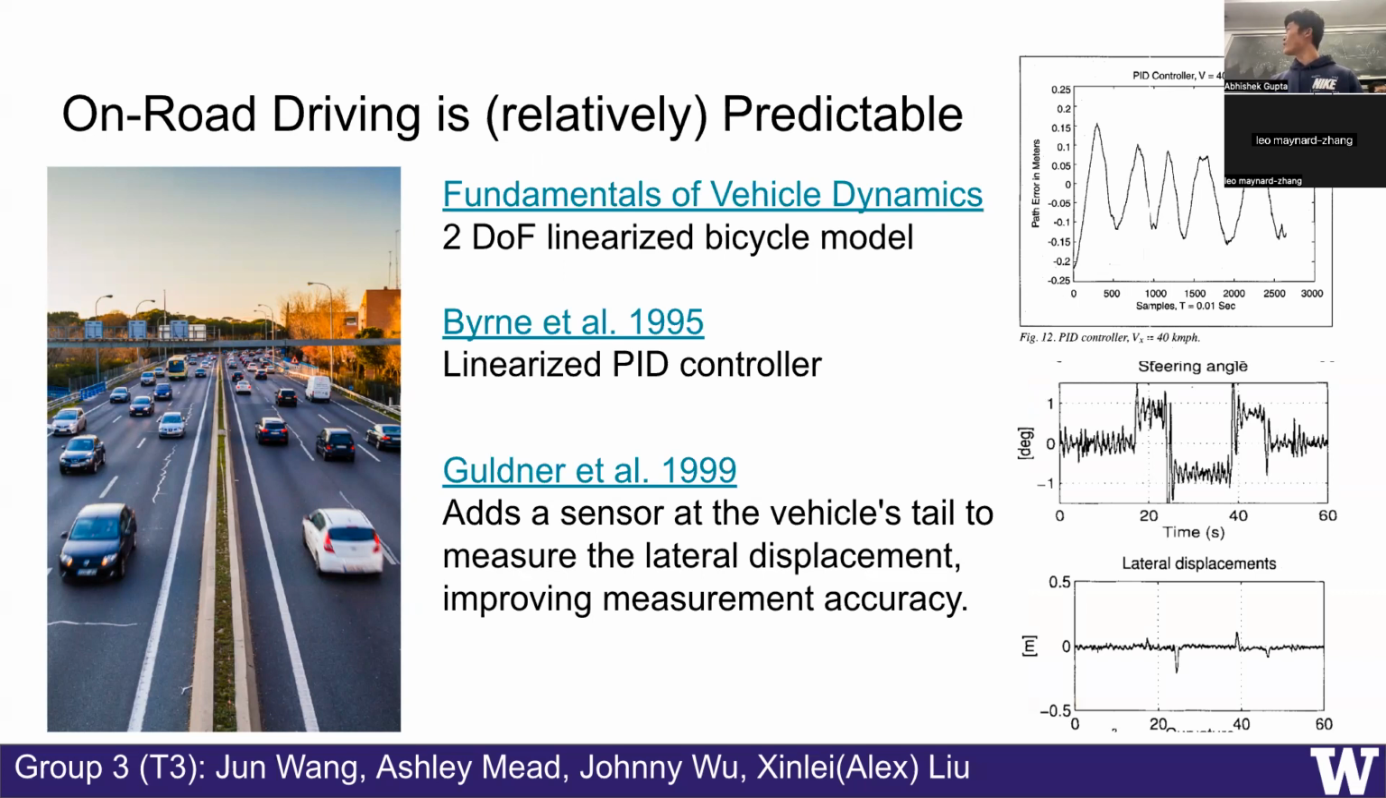On-road driving is relatively predictable. Usually you make some assumptions about the system or the states being linear, and you construct linearized models with it. For example, in the seminal book, The Fundamentals of Vehicle Dynamics, they assume a model with 2 degrees of freedom, and it basically functions like a bicycle. So you have X and Y translations. And also in this work in 1995, you have a linearized PID controller,